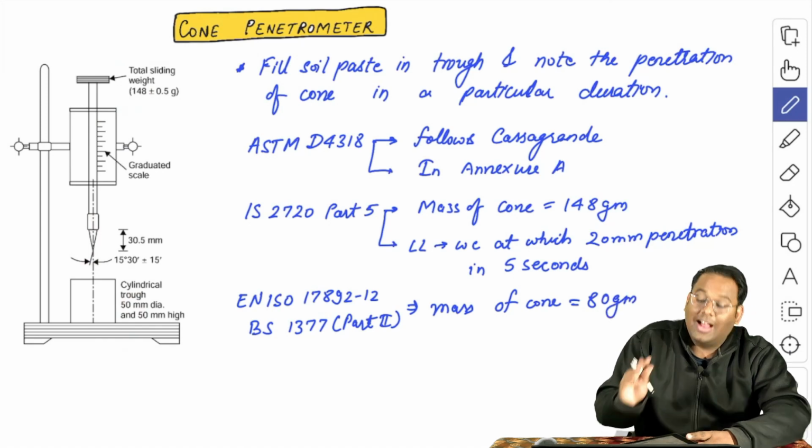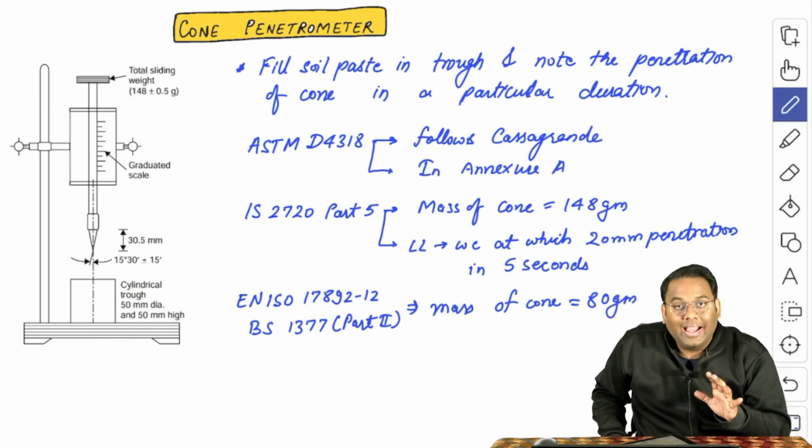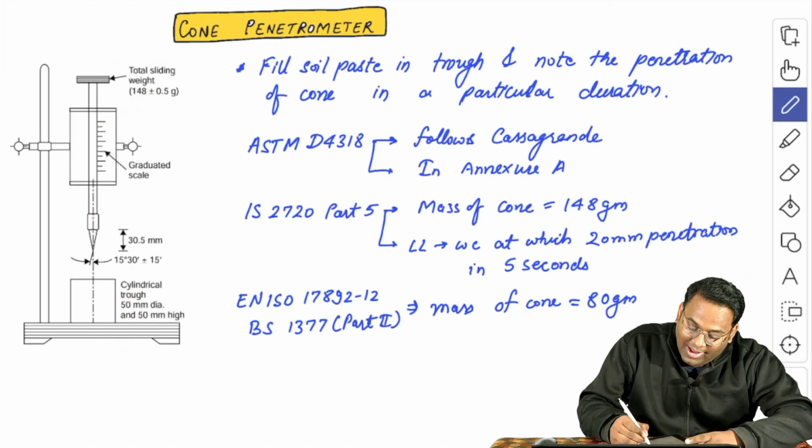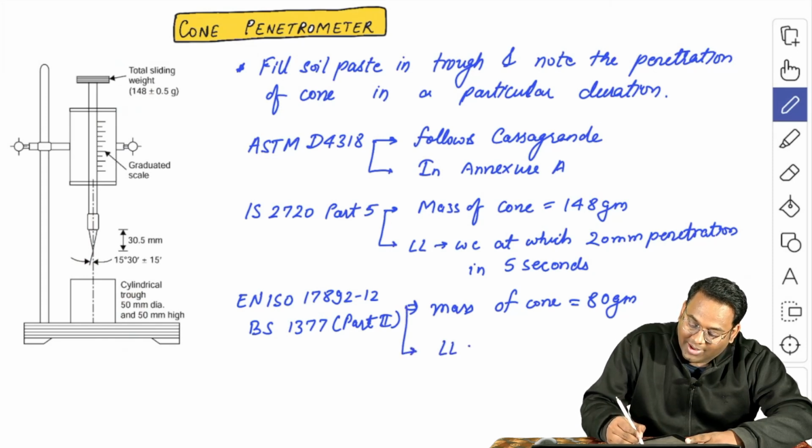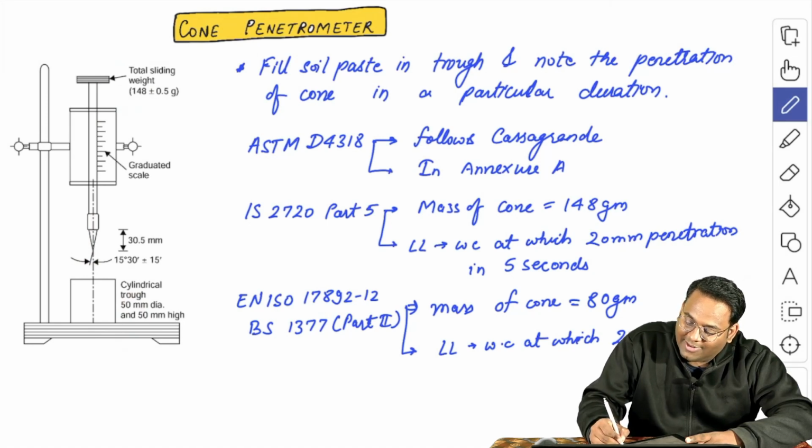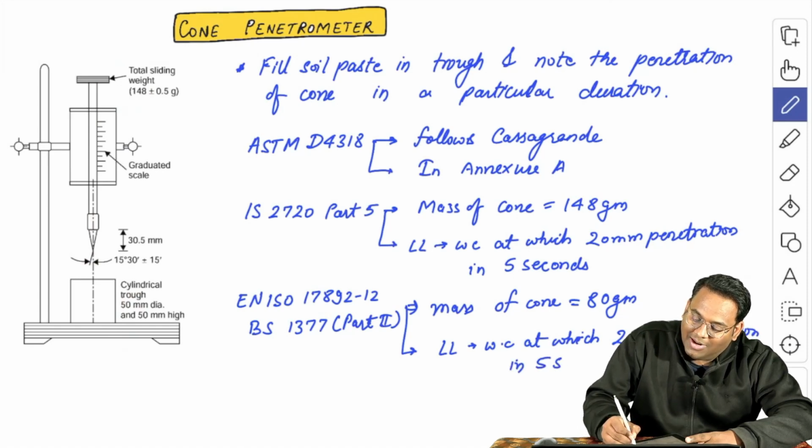See here that the mass of the cone is lighter in the Eurocode, and yes, the liquid limit is the same, that is, the water content at which the penetration is 20 mm. Penetration is observed in 5 seconds of the dropping of the cone. So this is the same, but yes,